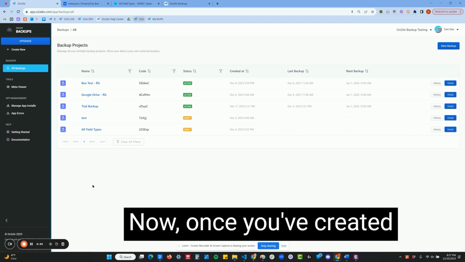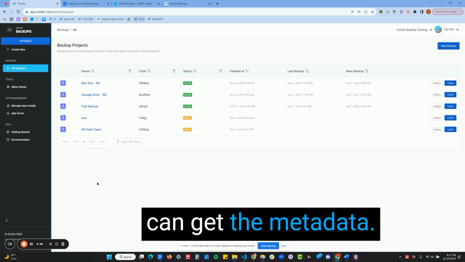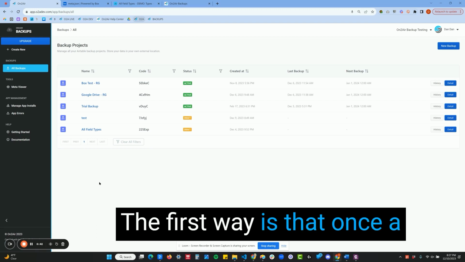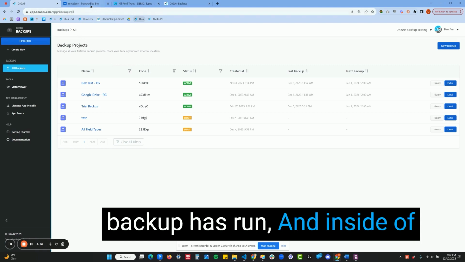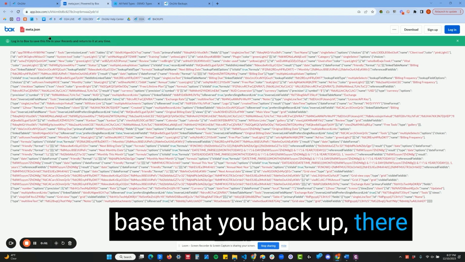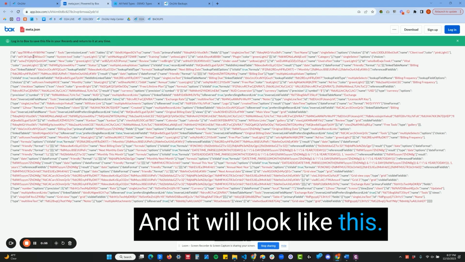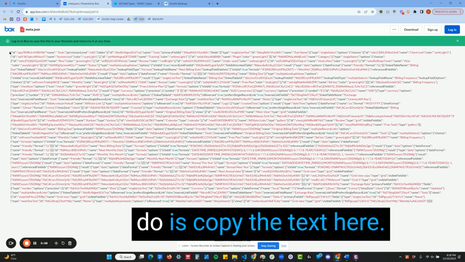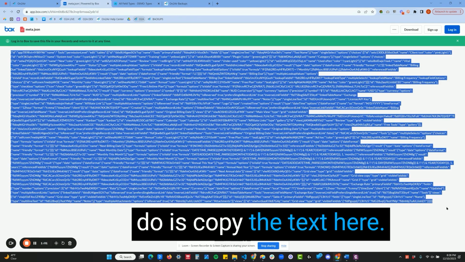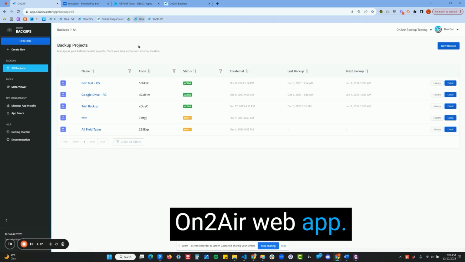Now, once you've created a backup in On2Air Backups, there are a couple of ways that you can get the metadata. The first way is that once a backup has run, inside of your storage drive for every base that you back up, there will be this file called Meta.json. And it will look like this. Now, all you'll have to do is copy the text here, click copy,